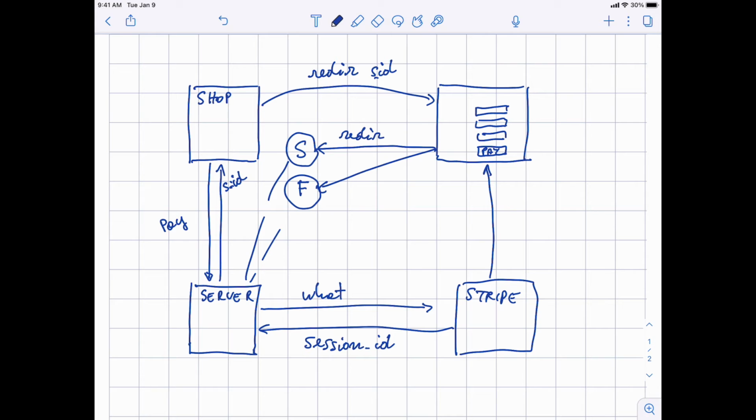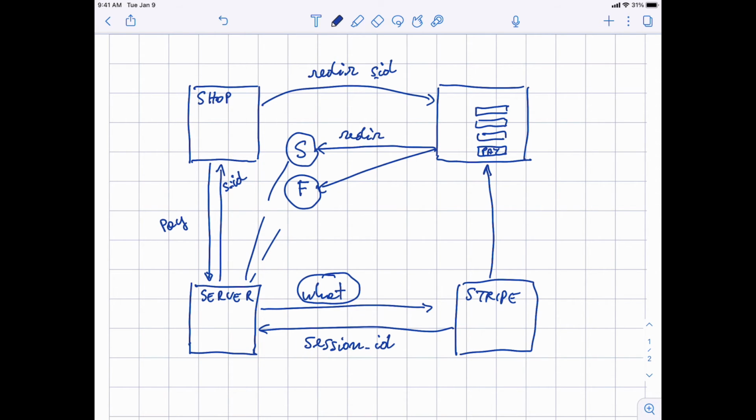And the transaction is done in this way for the following reason. Actually, there are multiple reasons. One is as follows. Once the shop tells you that they want to pay, you can privately tell Stripe exactly how much the user wants to pay. This is important. The command that charges the actual amount of money has to come from the server, because otherwise, if it was the browser directly telling Stripe how much to pay, the user could possibly tamper with that information and say that the price to be paid for the same products is lower. So it's important that the what and the price actually comes from the server, okay?